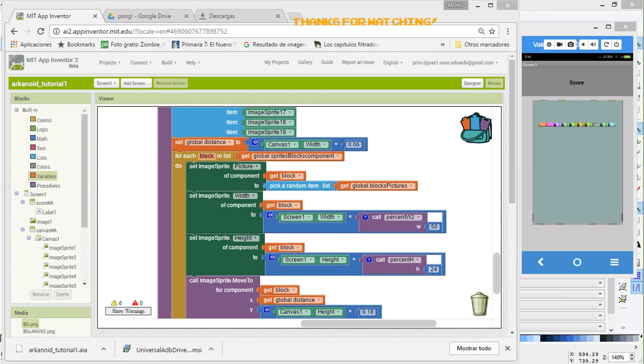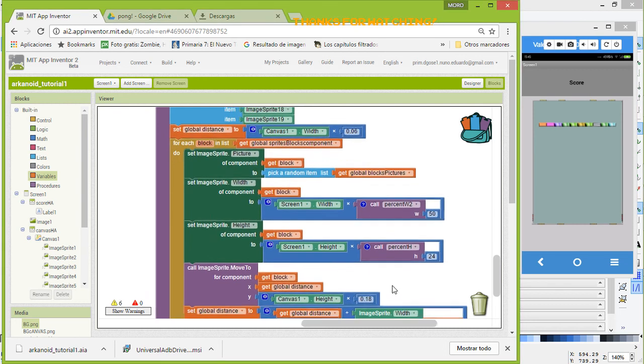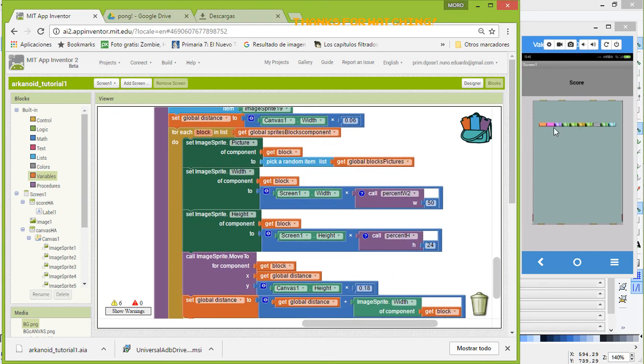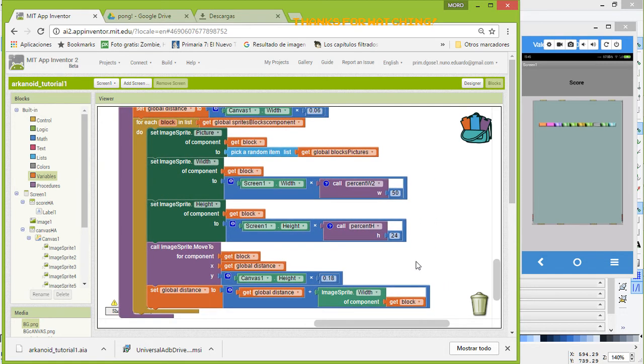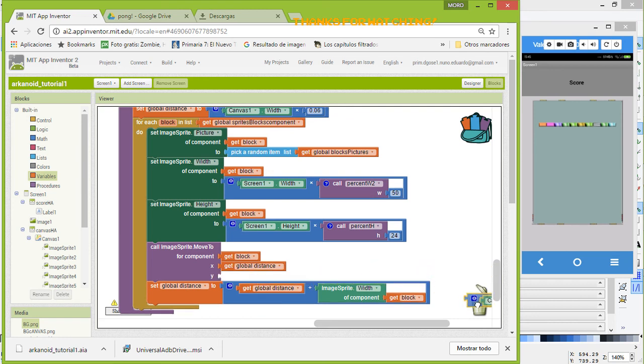Okay, what about the Y? Y has to be changed because we don't want them to overlap over here. We want to move them a little bit down. So to do that, we are going to use the value that we're going to use. It's the original